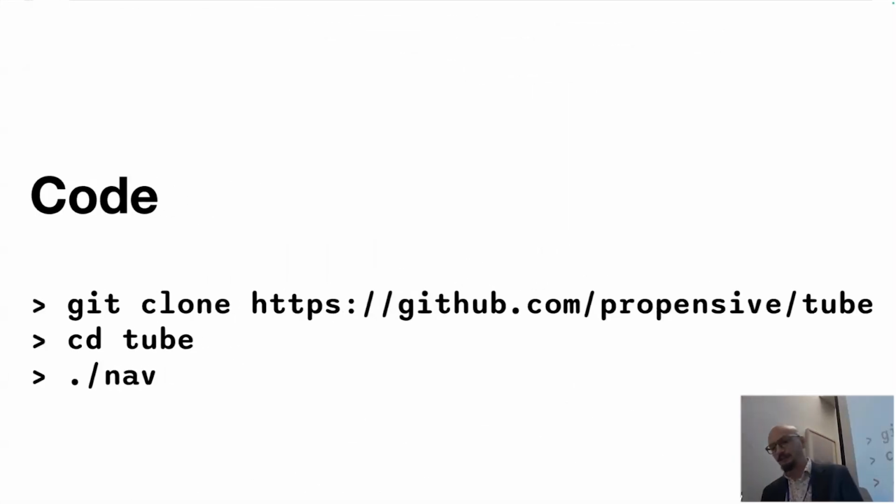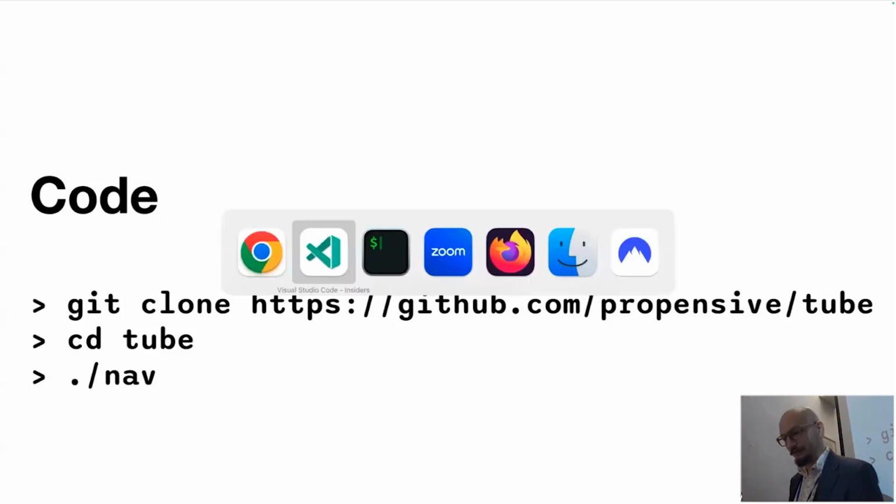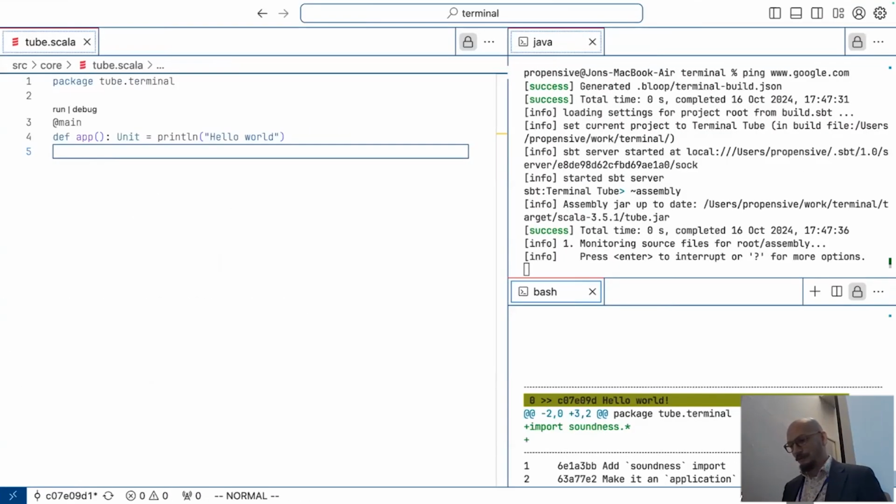So what I've done is I've created a Git repository, which you can look at either now or later. It's my GitHub account, propensive/tube. We're going to call this little application tube. And that repository has been carefully crafted with over 250 commits, each one a tiny modification to the code that will add small fragments piece by piece to go from nothing, from a hello world application, to a fully working command line tool. And I will show you in VS Code